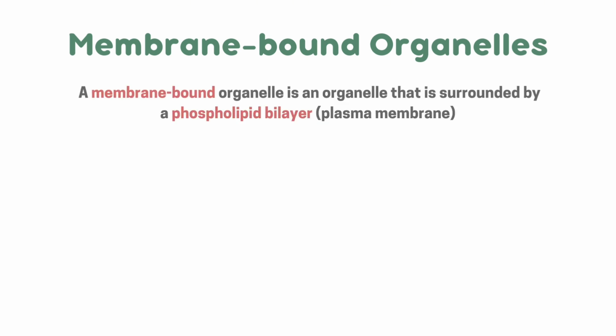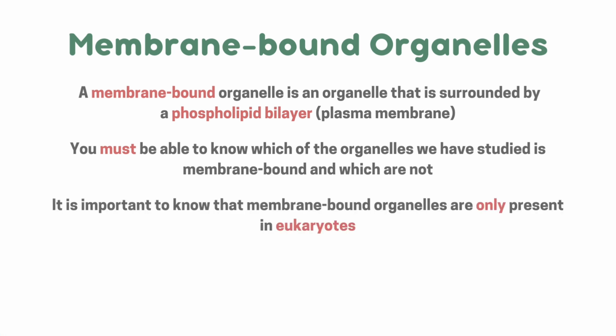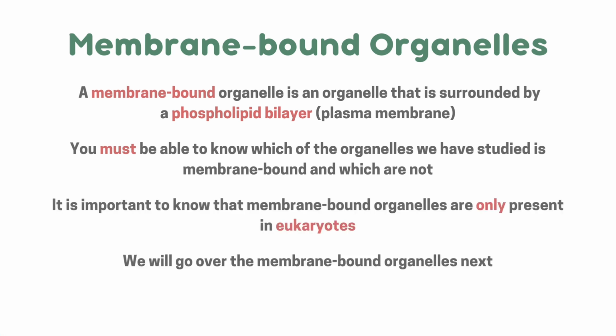Now, you've heard me talk about membrane-bound organelles. What actually are they? A membrane-bound organelle is an organelle that is surrounded by a phospholipid bilayer, also known as the plasma membrane. You must be able to know which of the organelles we have studied is membrane-bound and which are not. It is important to know that membrane-bound organelles are only present in eukaryotes. We will go over the